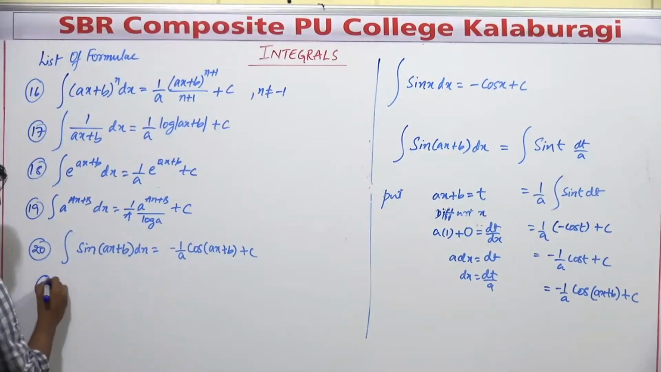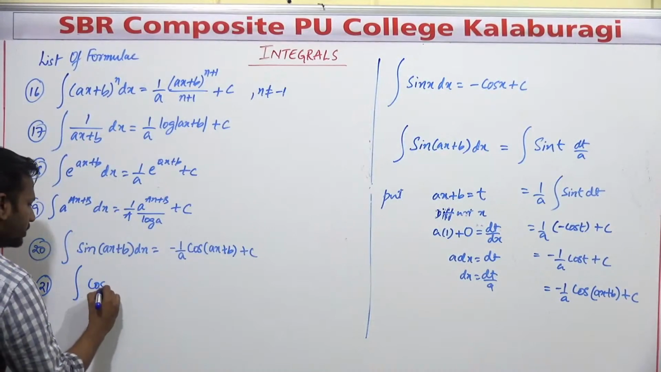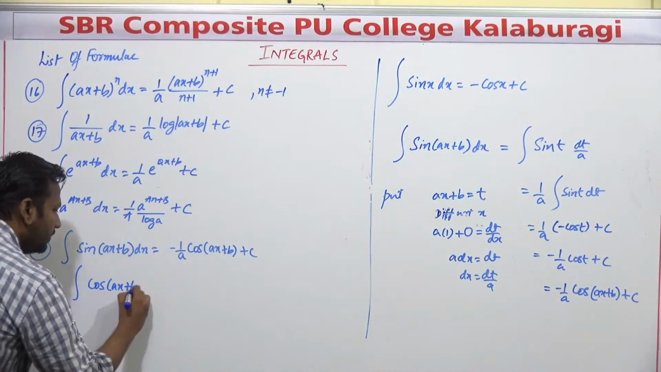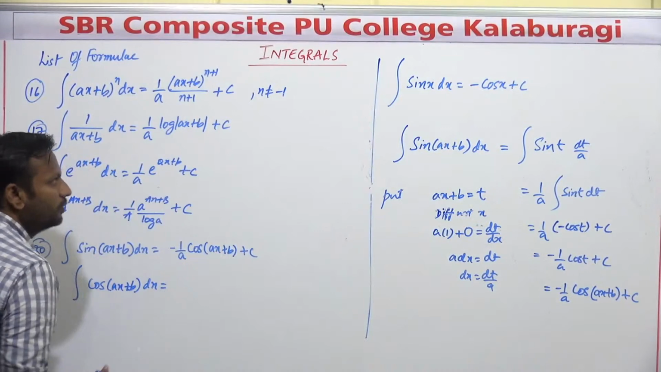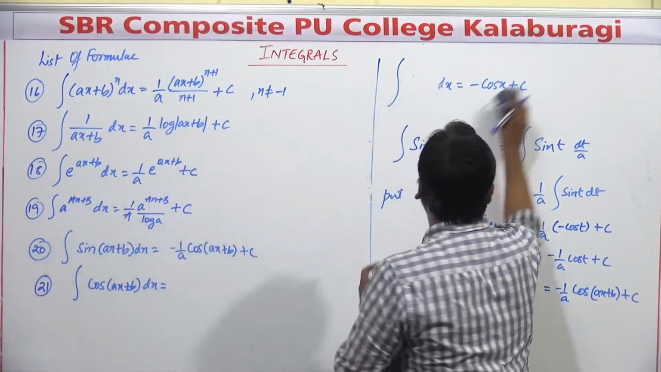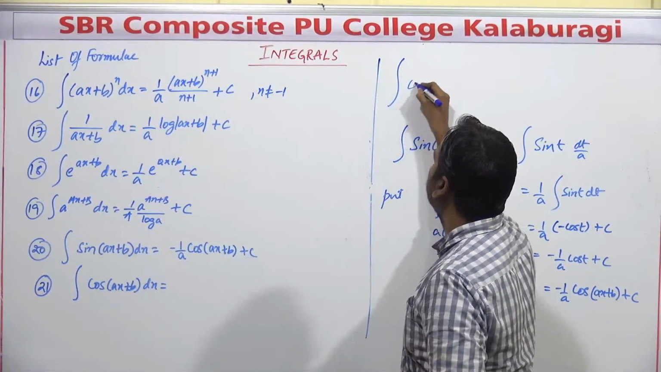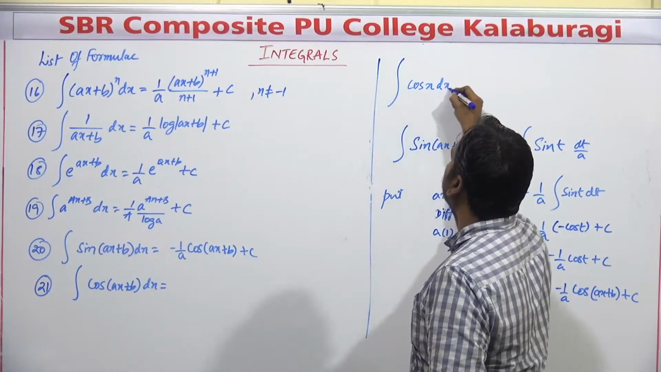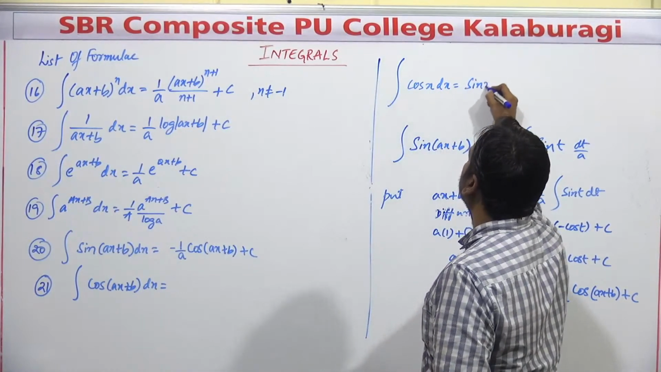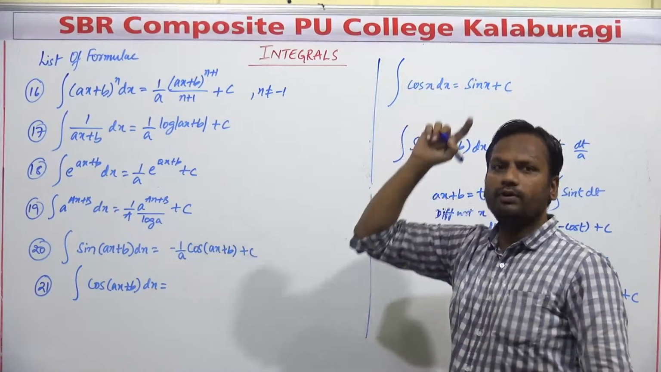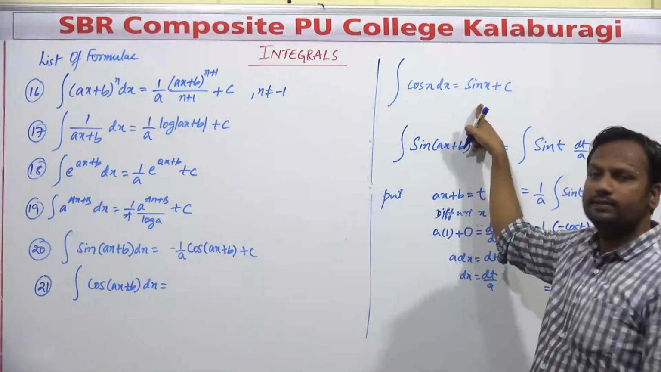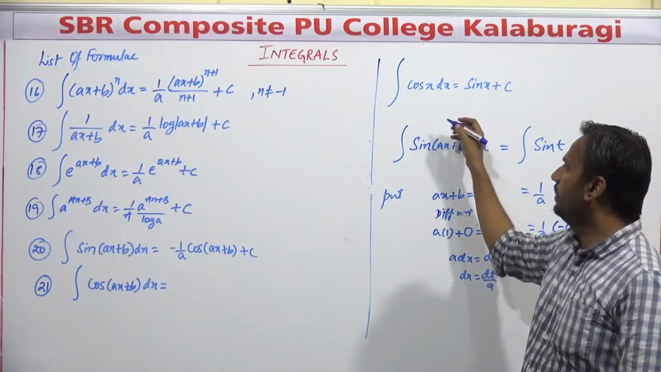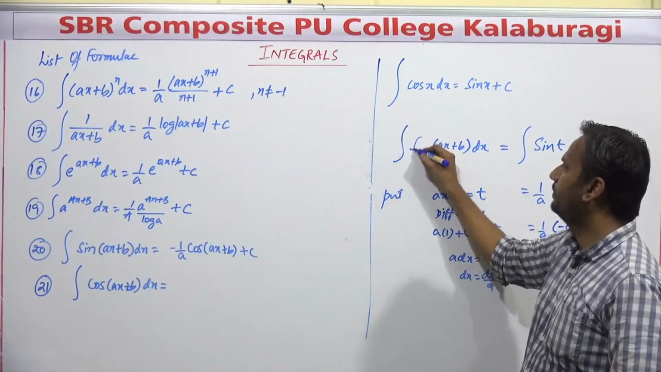Just here, students. So cos of ax plus b, right? What is the cos x integration, students? Cos x integration is plus sin x. Derivative of cos x is minus sin x, but integration is plus sin x. Right? Again, if we have cos of ax plus b,